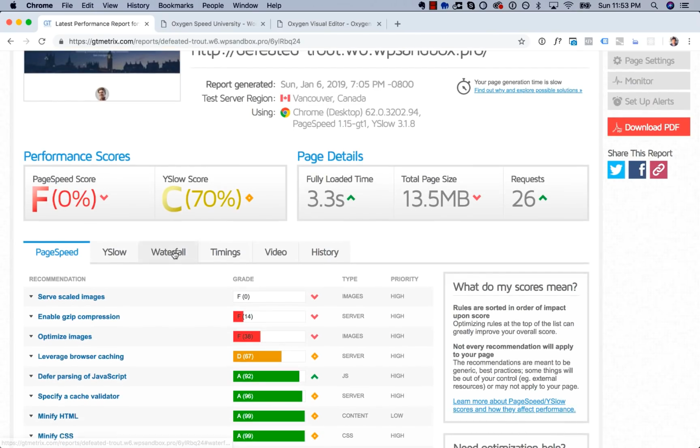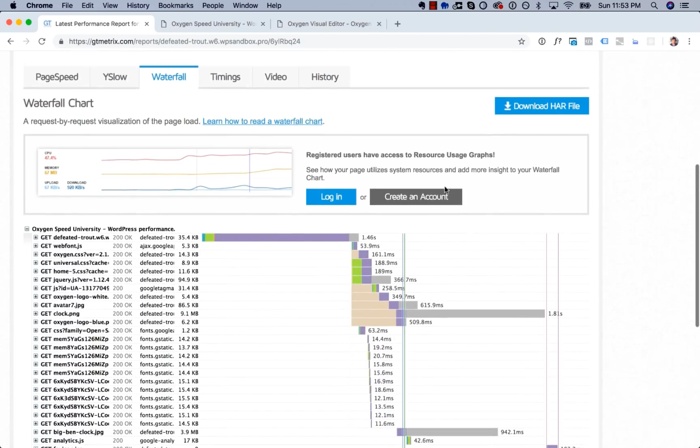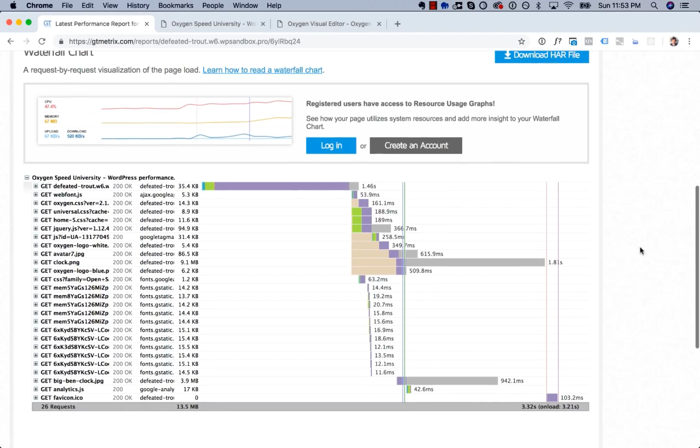So let's go over to the waterfall tab. And what we're going to do here is look for excessively big files. This fourth column here is going to give you the file size of each request. So we're going to go down here and look for big files. So here's one, 86.5 kilobytes for